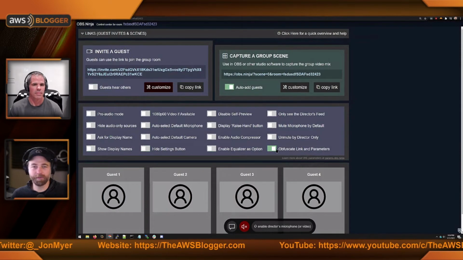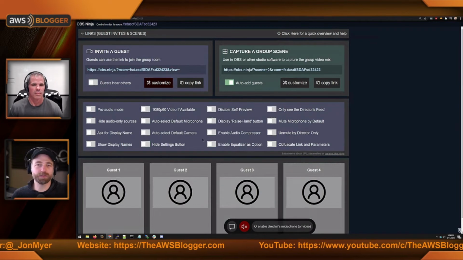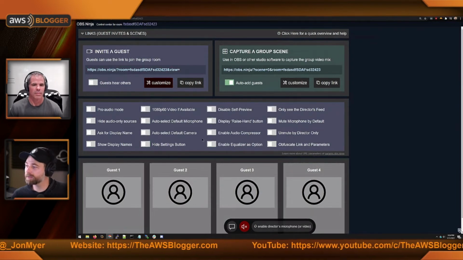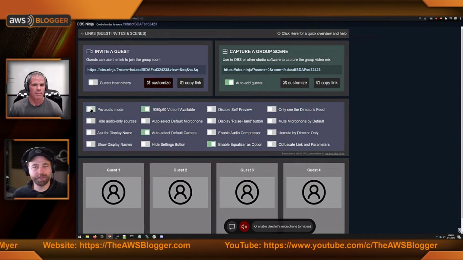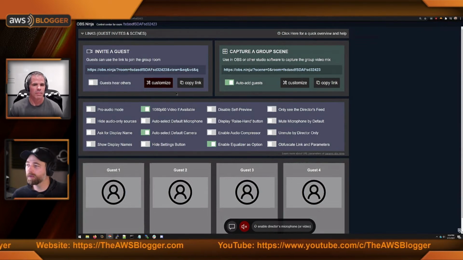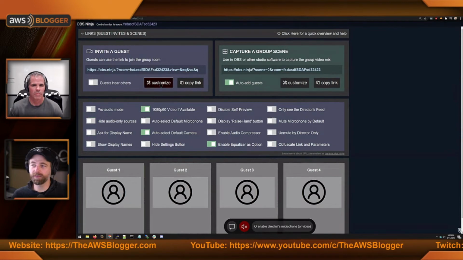It's just a little bit of professional polish for those users who want to have a more professional domain, let's call it. But all the other options are here, like equalizer, for example. And as you can see, you can visually see what each of these options does to the URL parameter, which I hope is a learning opportunity. And of course, there's an option to link out to the advanced parameters where there's even more options.